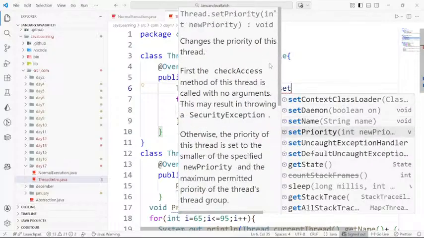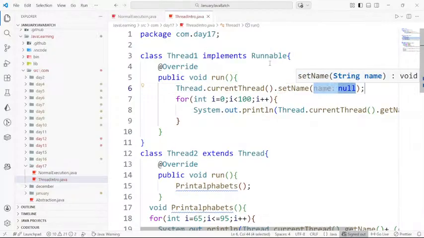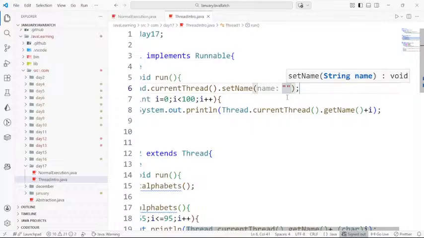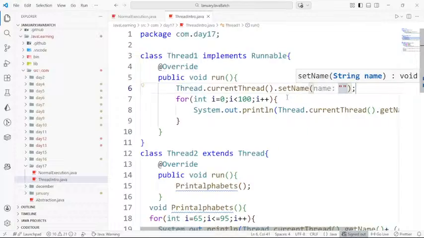You can use setName and pass the name. Suppose here I want to print numbers as the thread name, numbers, space,